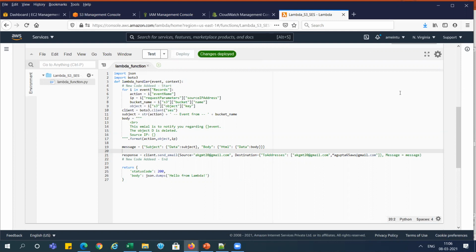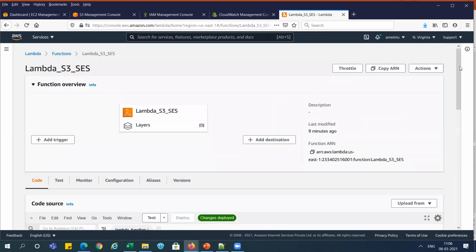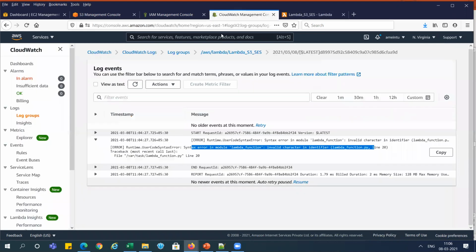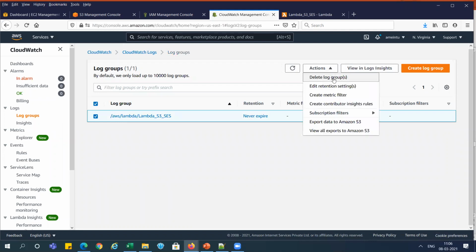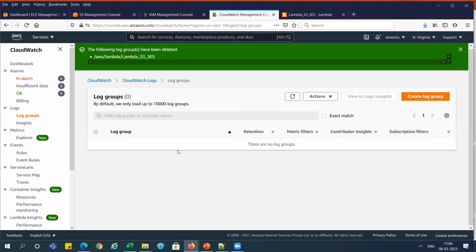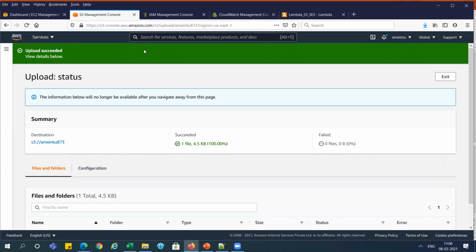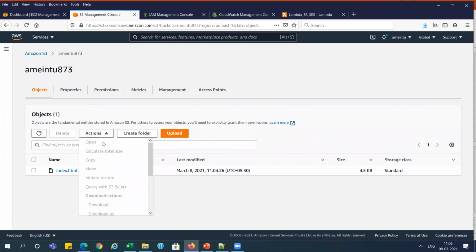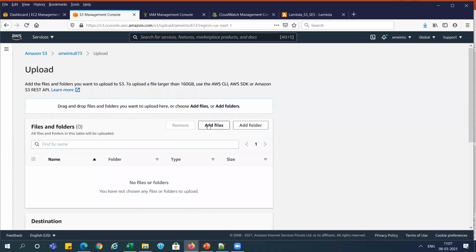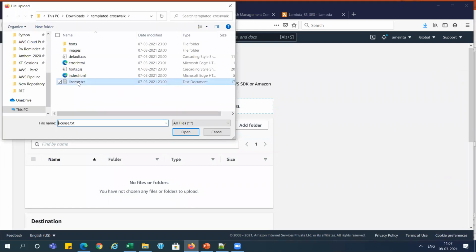Meanwhile, I'm deleting the log file so we can know that we are getting the correct one, right? In CloudWatch, I'm going to the log group and deleting this. Okay. Now I'm going to the S3 bucket and adding one file again, lessons.txt.